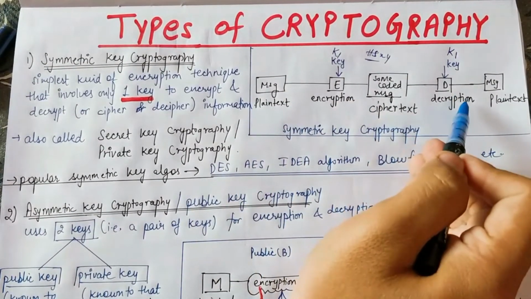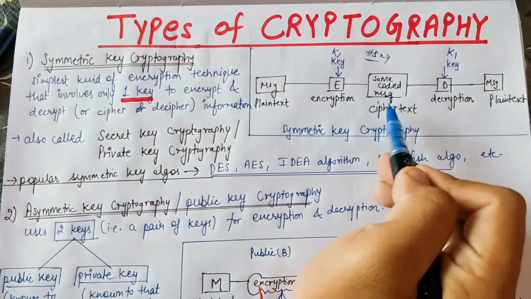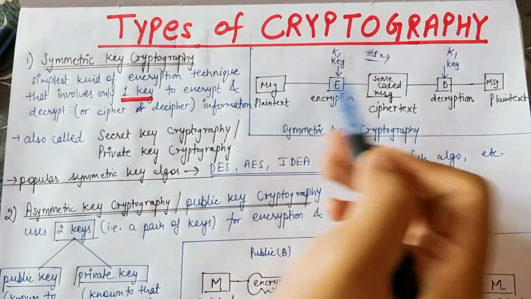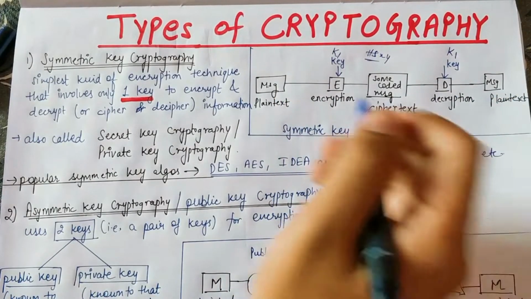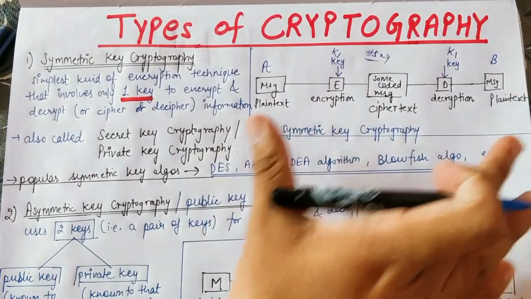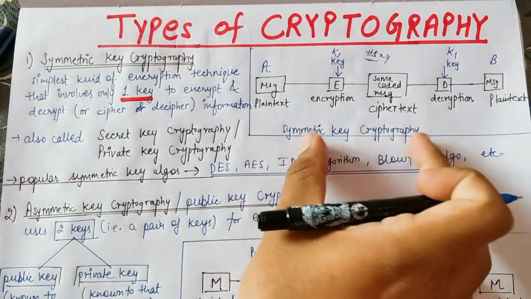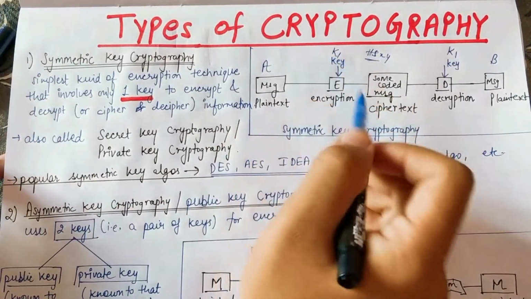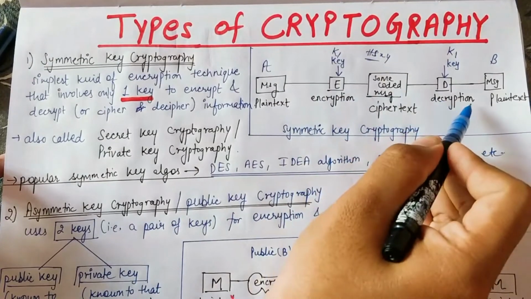So when we will decrypt the ciphertext, we will get the plain text itself. Okay, if the message was hello, how are you, so we will get here hello, how are you itself. Okay, so suppose this is the sender A and suppose B is the receiver. So this is the whole scenario of what is symmetric key cryptography. So in short, in symmetric key cryptography we have only one key and we use that key in encryption process also and decryption process also.